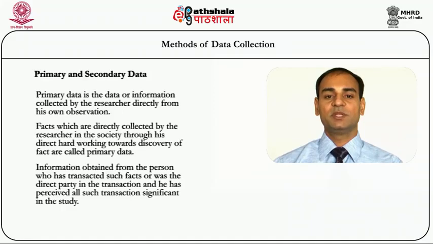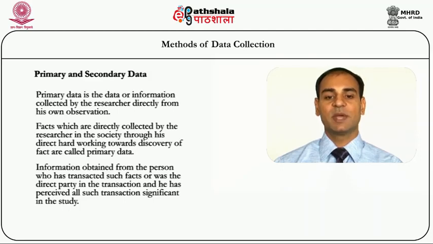Any information obtained from the person who has transacted any phenomena of facts, or who has participated in that transaction or phenomena, or who is the witness of that transaction and phenomena, directly gathering the information from that person is primary data, and that person is the primary source. He is the direct source of information who has accepted and perceived the information directly. And other than the direct observation of fact, any source of information which provides the information by indirect method,